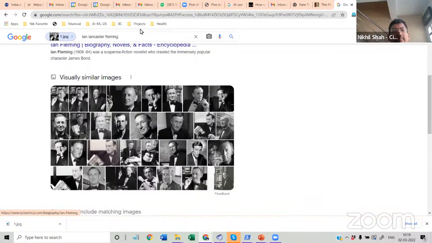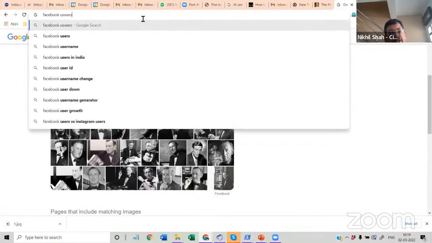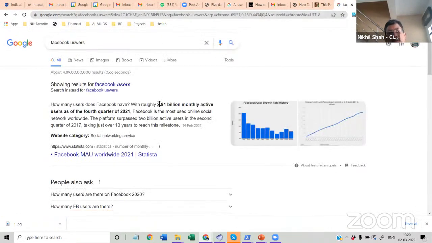Facebook alone has almost 2.91 billion active users. By that measure, Facebook would probably be the largest nation in the world, right? I'm jokingly saying that, but China is about 1.4 or 1.5 billion people, India is about 1.3, and Facebook is even more than the combined India and China population. So billions of people are dumping billions of images on a daily basis.